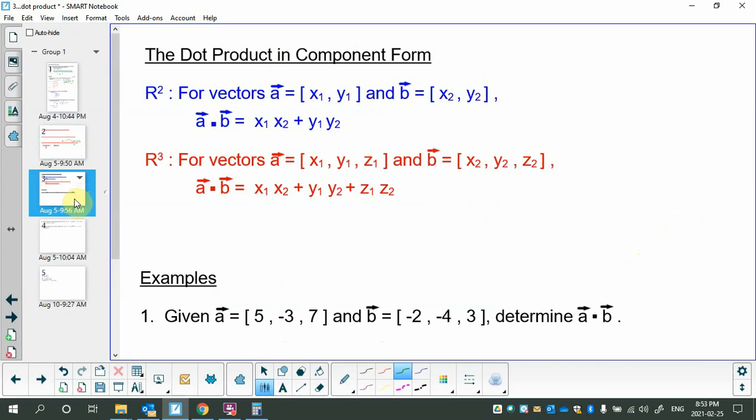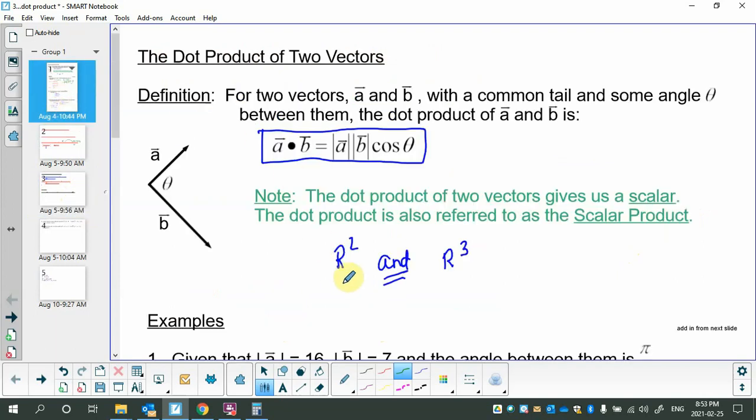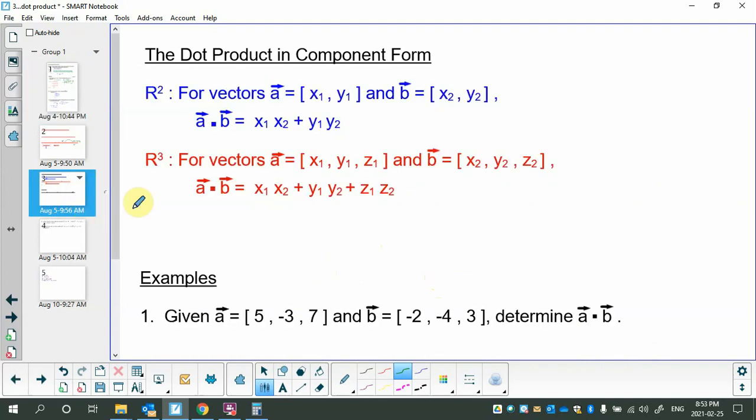Second formula. It's actually a two-part formula because, like I said in the first slide, the dot product applies for R2 and R3. But like the previous notes, R3 is just an extension of R2. So this question says, in R2, if you've got vectors A, which is made up of components, see square brackets, x1, y1, and B, which is x2, y2, to find the dot product, the second formula, it is to take